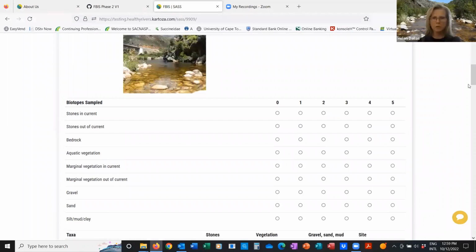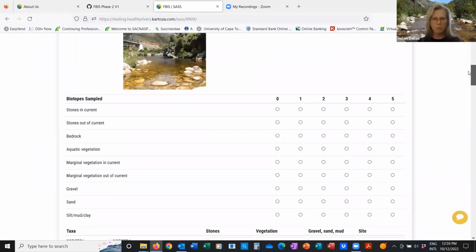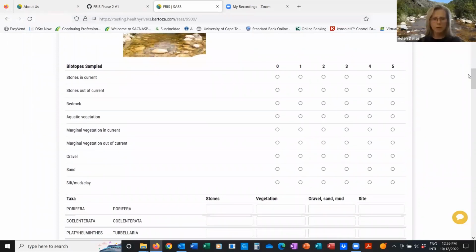Photograph. Then you'll all recall that on the SASS datasheet, the first thing you need to do is to rate your biotopes. We have designed the SASS form to mimic the SASS datasheet to make it as user-friendly and easy to capture your data. Now at this site, I have rated my abundance, and essentially I'm now going to capture it on the form. So my stones in current were a rating of 3, stones out of current were a